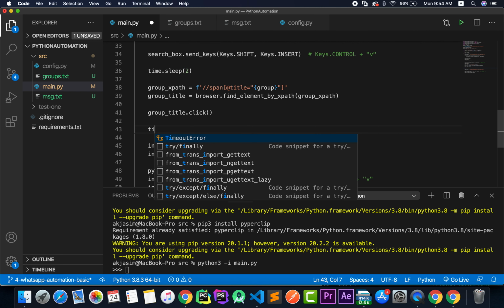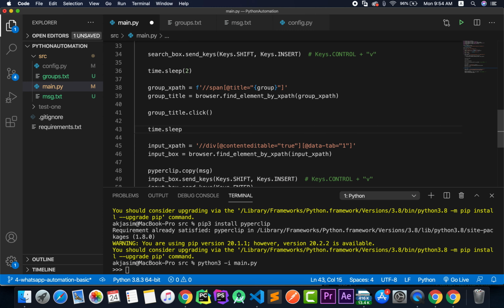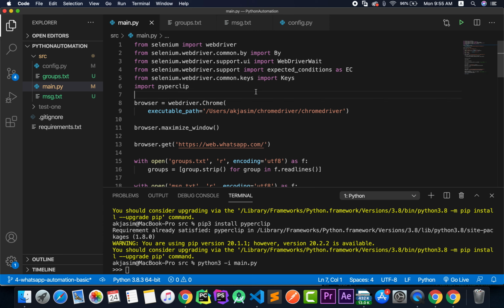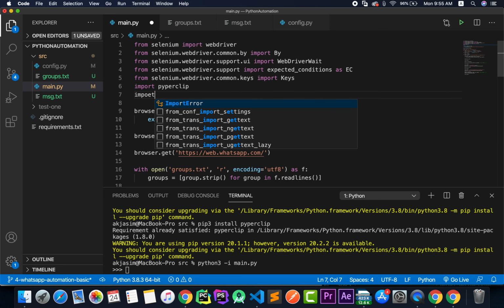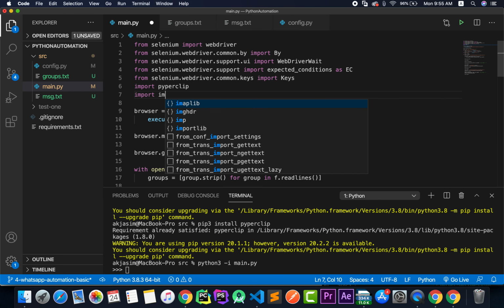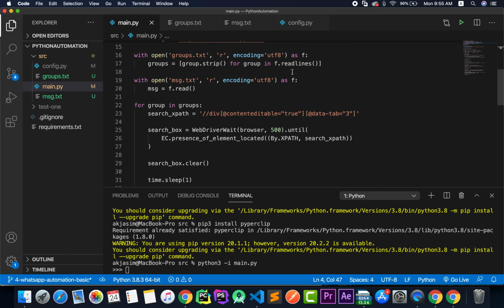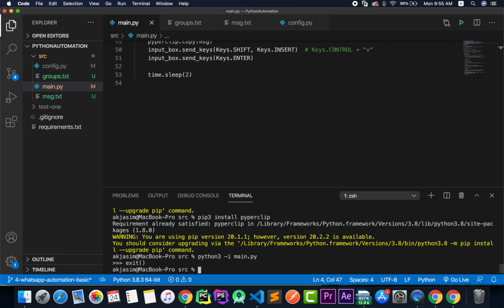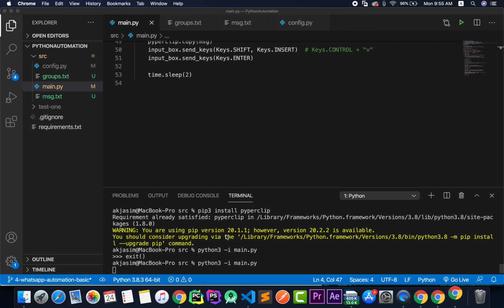Before that, I'll give a time.sleep of 1 second maybe, and that's pretty much it. I'll give a time.sleep of 2 again here at the bottom, just like that. I believe I have that time module imported at the top, so I'll just say import time, just like that. And with that, if we run the code, I'll just exit, and if we run the code again